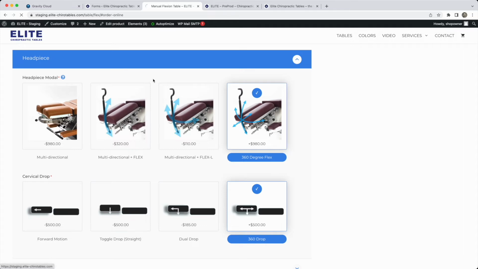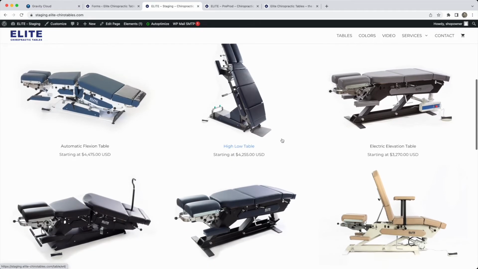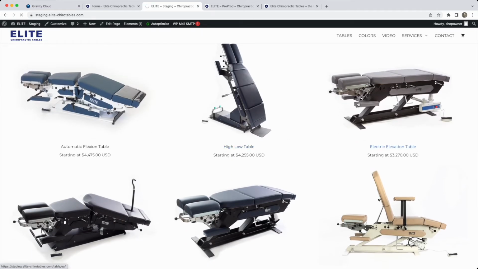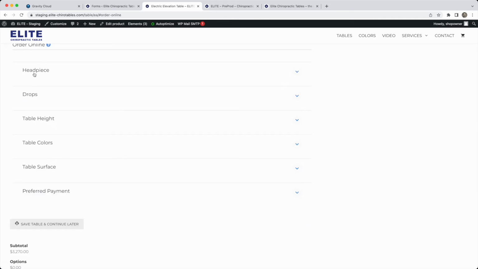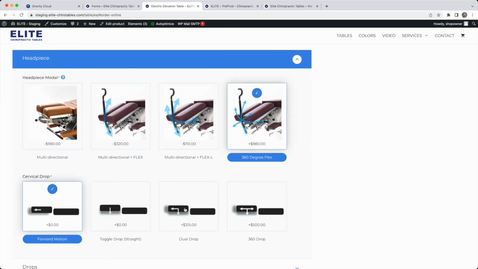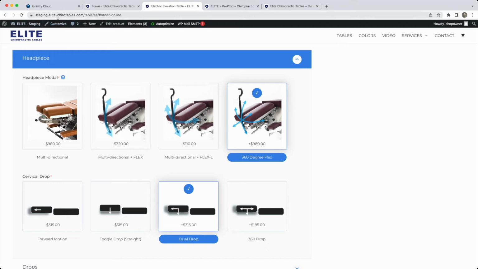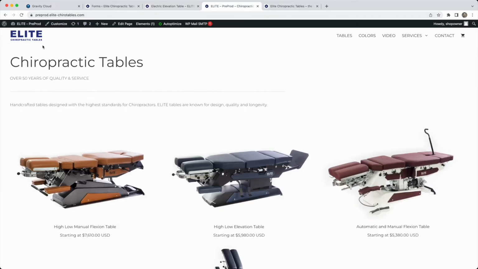Let's look at another table. Let's go to the electric elevation table. Order online, headpiece, and there it is. Simple as that. So that's great. So our staging set is updated, but let's go ahead and look at pre-prod. If we go to our pre-production website,